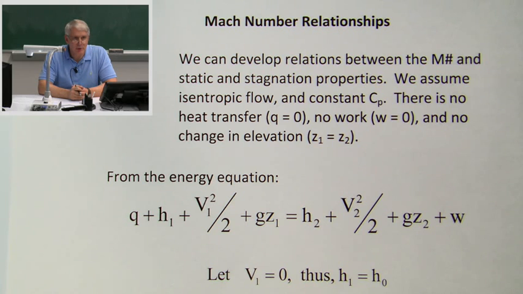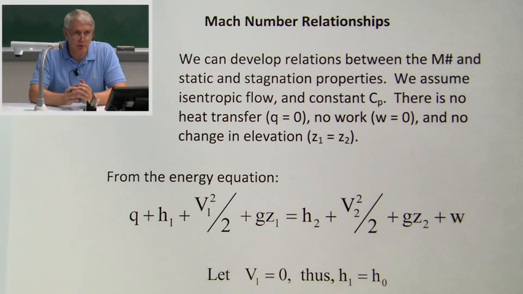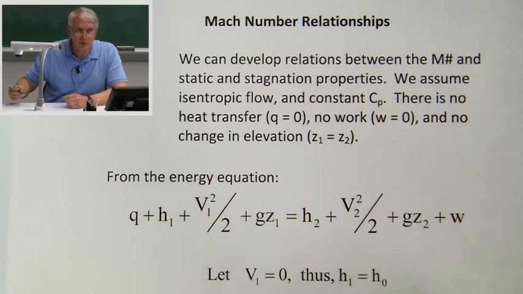And there will be no heat transfer, so Q, obviously if it's isentropic, there'll be no heat transfer, Q equals 0. We're going to say there's no work, so there's no compressor or no turbine in the channel. And there's no change in elevation, so the elevation Z1 stays the same. So if we recall the energy equation,